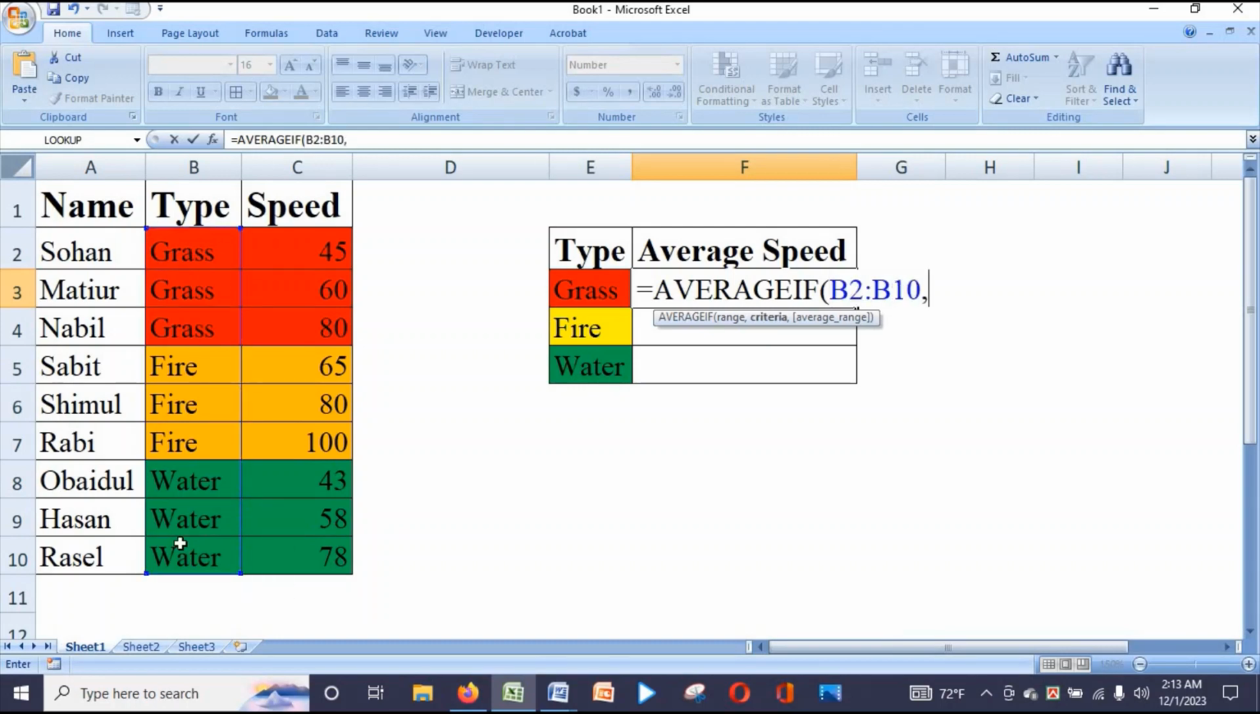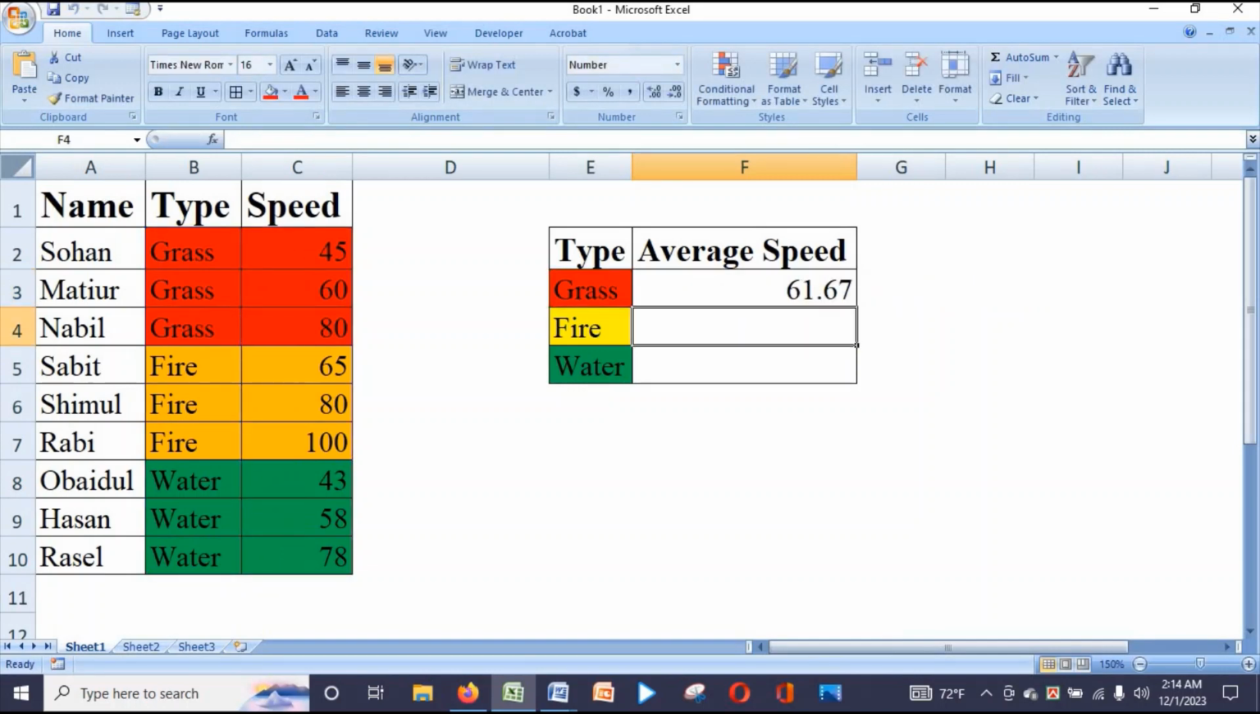Then comma. Use the criteria. Criteria means we want to see the average of only the type grass, so select grass, then comma, then the average range. We need the values to calculate, right? So the values, our target, is the average speed, right? So we select the range of values, then close the bracket and hit enter, and you should freeze the